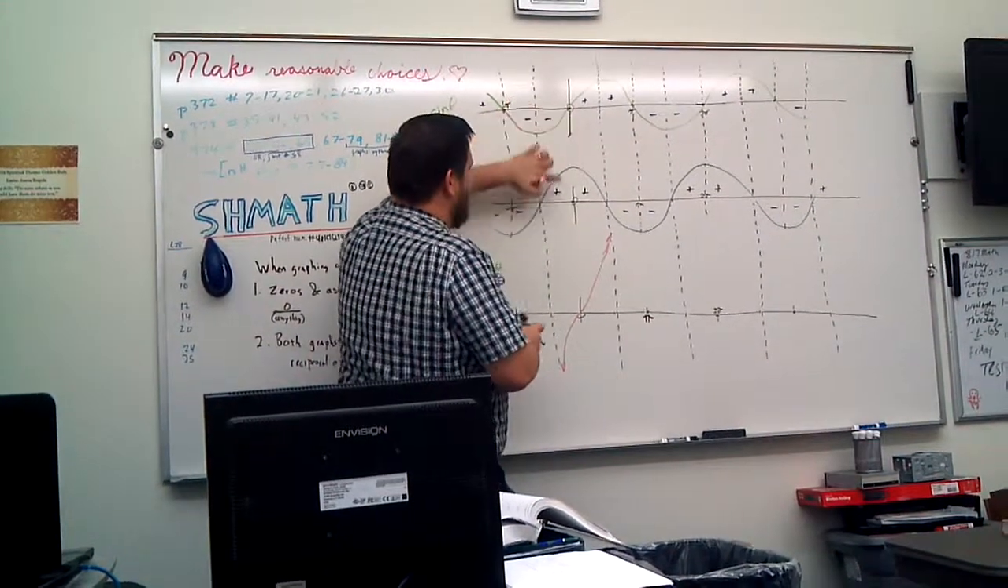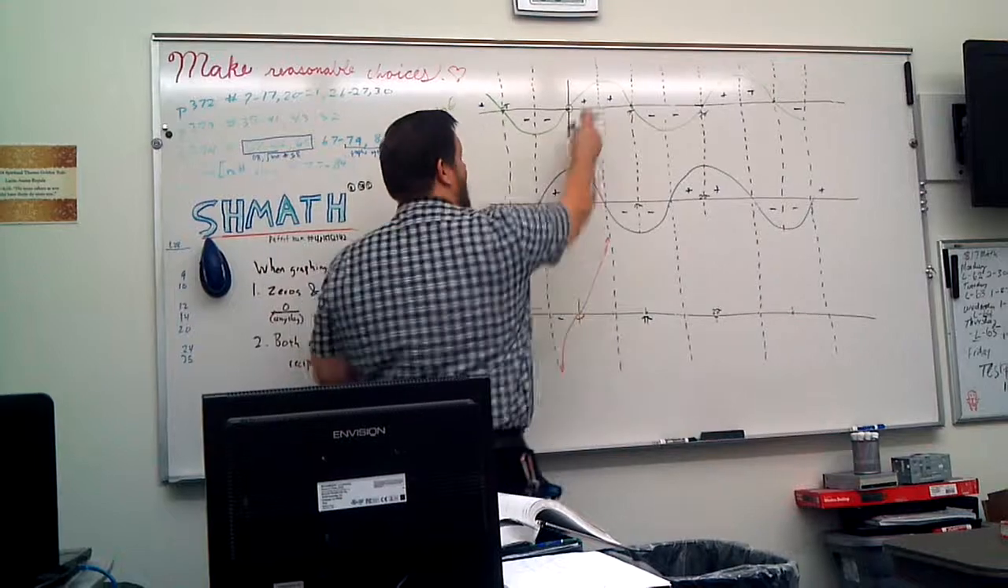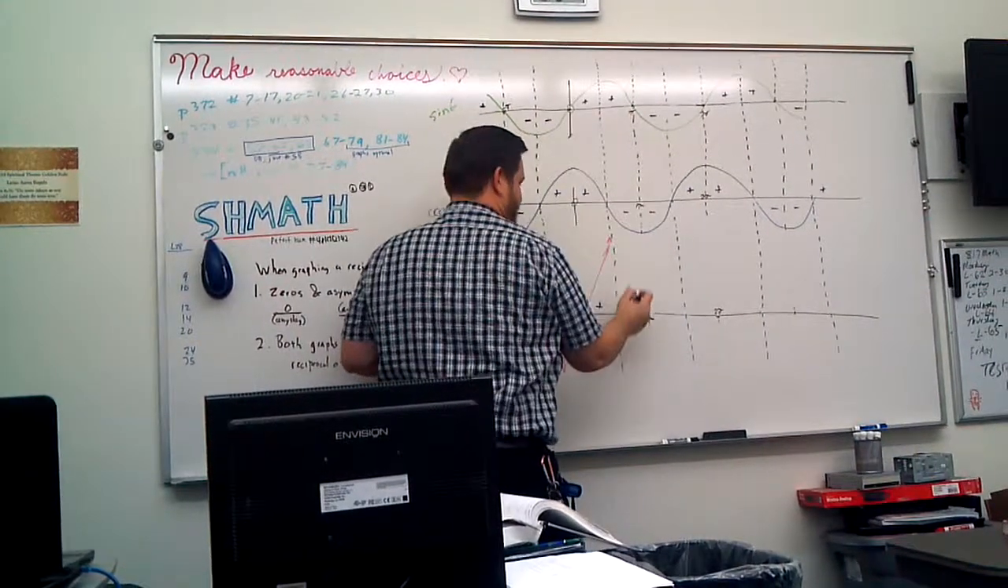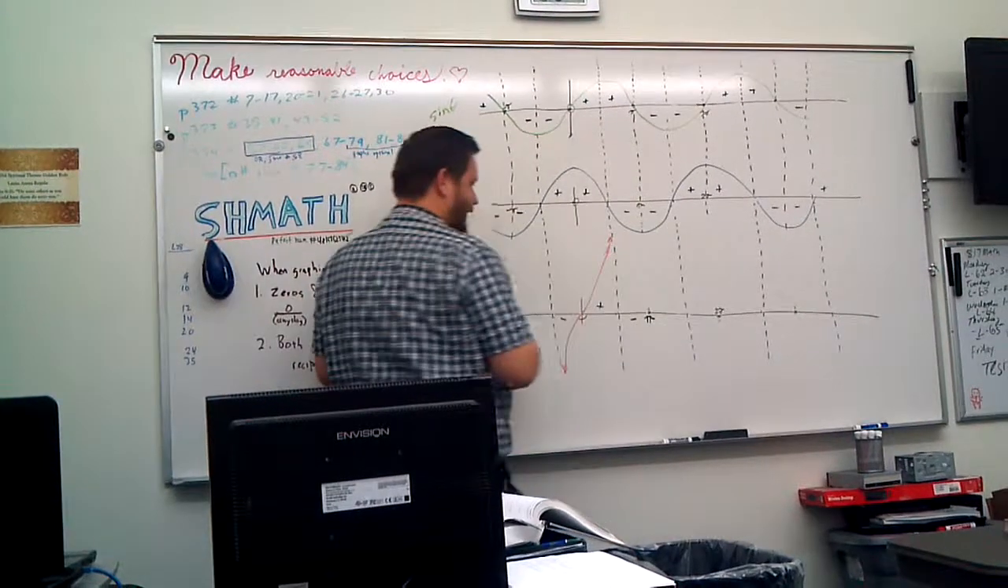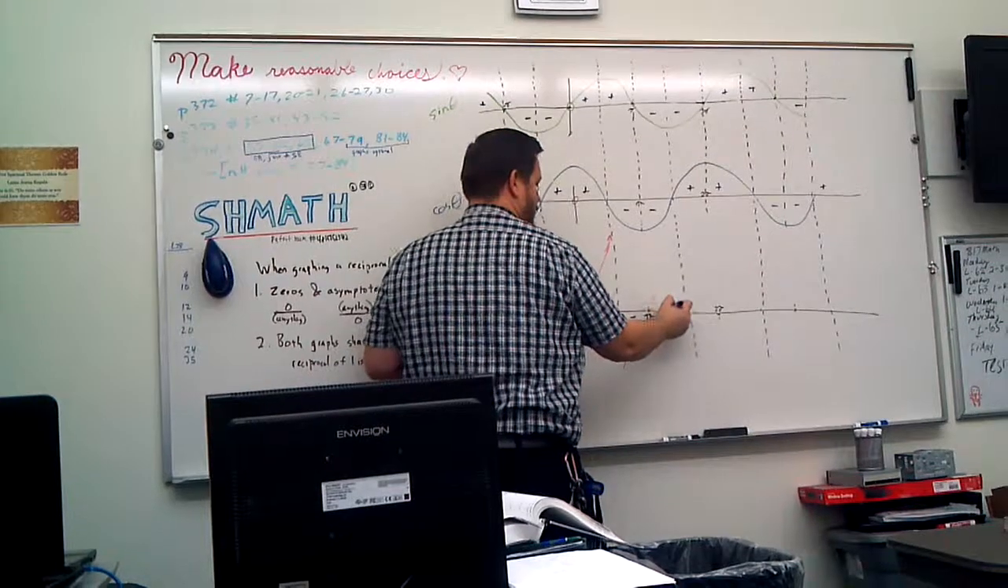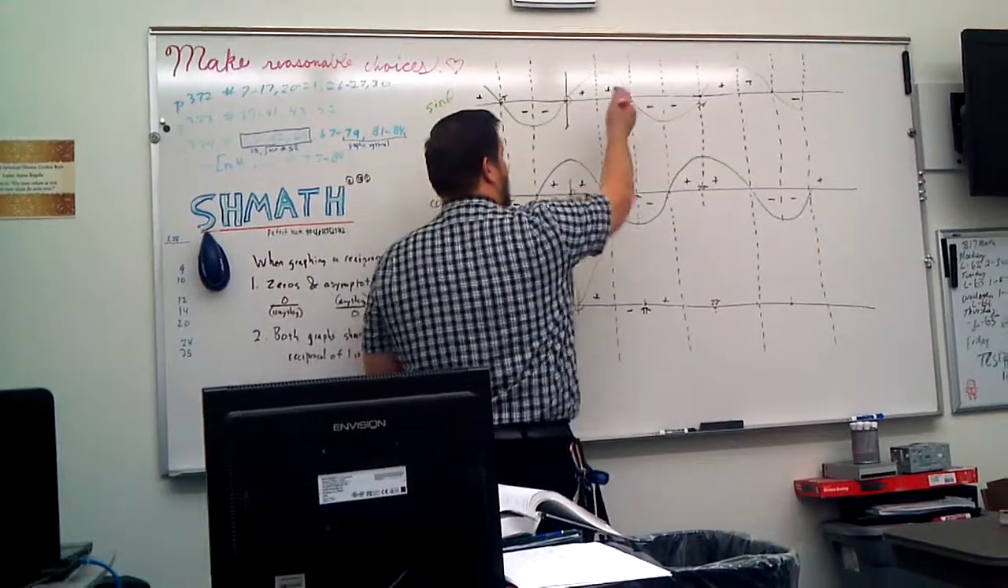If we have a negative divided by a positive, this is going to be negative. A positive divided by a positive is going to be positive. A positive divided by a negative is going to be negative. So we're going to be down here. Negative divided by negative is positive. Okay, so coming back to here,